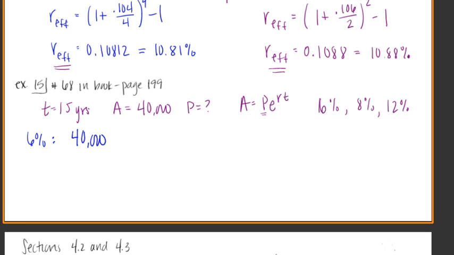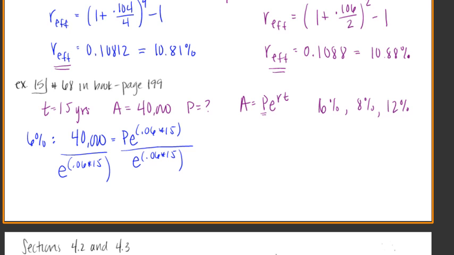Okay, so we know we're going to have $40,000 paid to us. I don't need the parentheses really, so we're just going to use our PERT formula. P is what we're going to find. The rate this time is going to be 0.06 times 15. Since I'm solving for P, e to that power is just an actual number, so I can really divide it off. So I need to take $40,000 and divide it by e to that power to figure out how much that company needs to set aside right now in order to be able to give me $40,000. So P is going to equal,